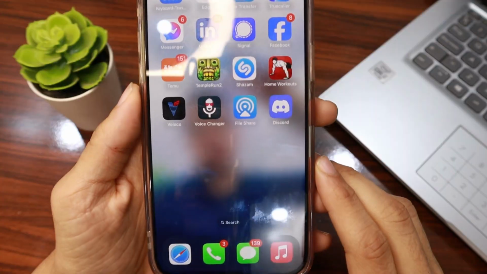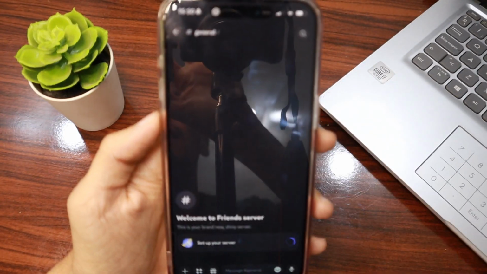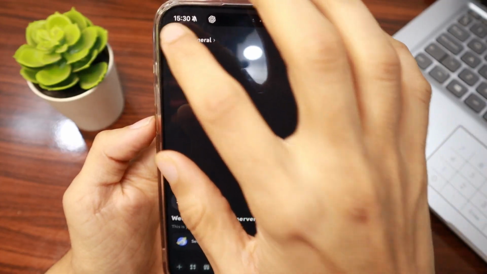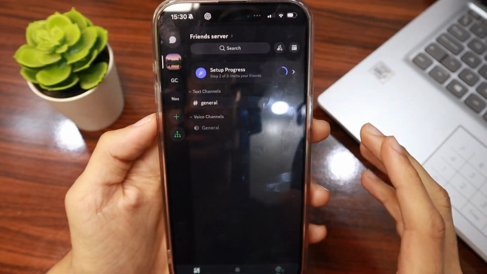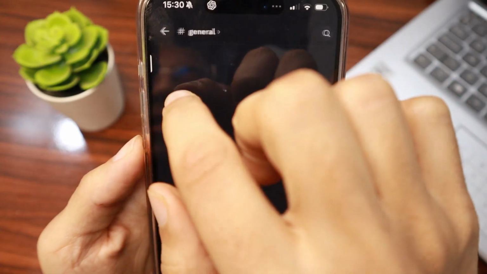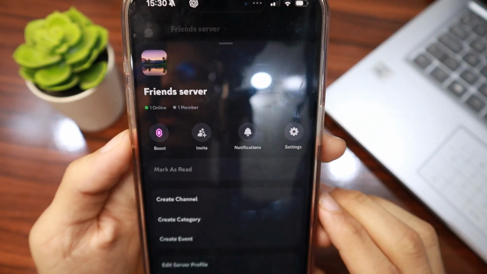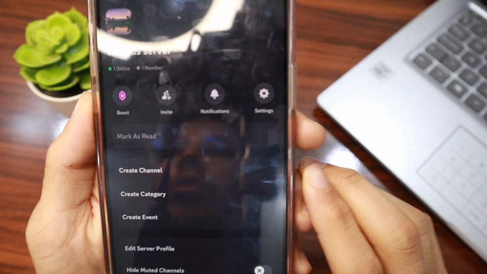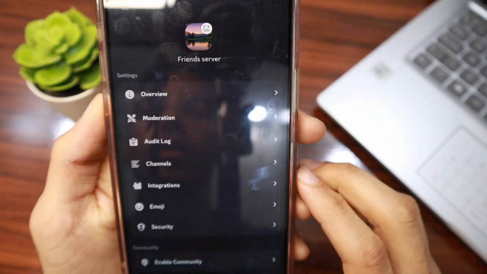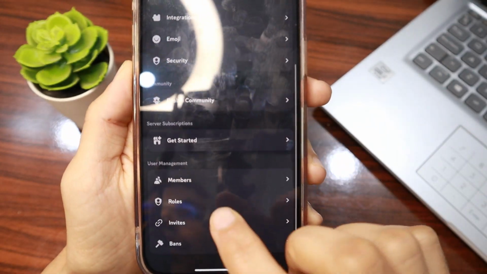So first guys, open Discord and then come back and go to the server that you want to add the roles on. For example, I'll select this server and tap the name of the server, then go to settings and then scroll down and tap roles,